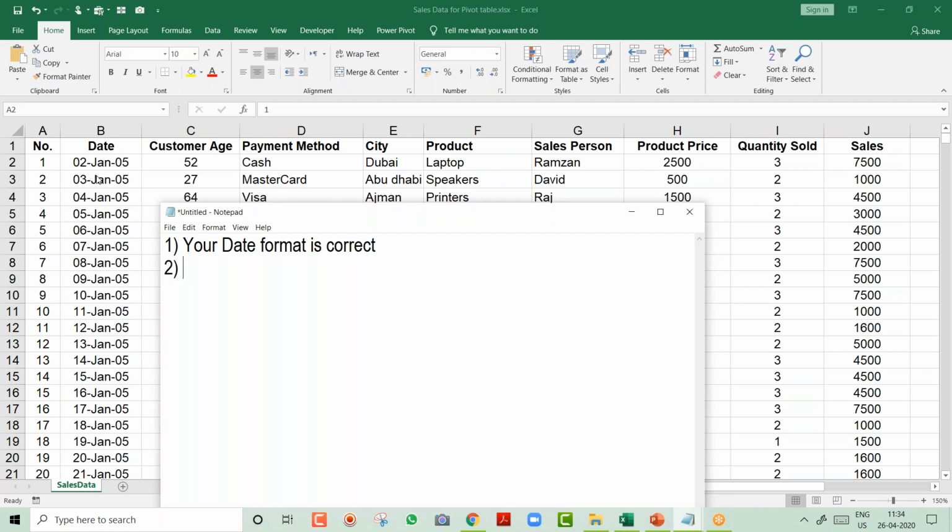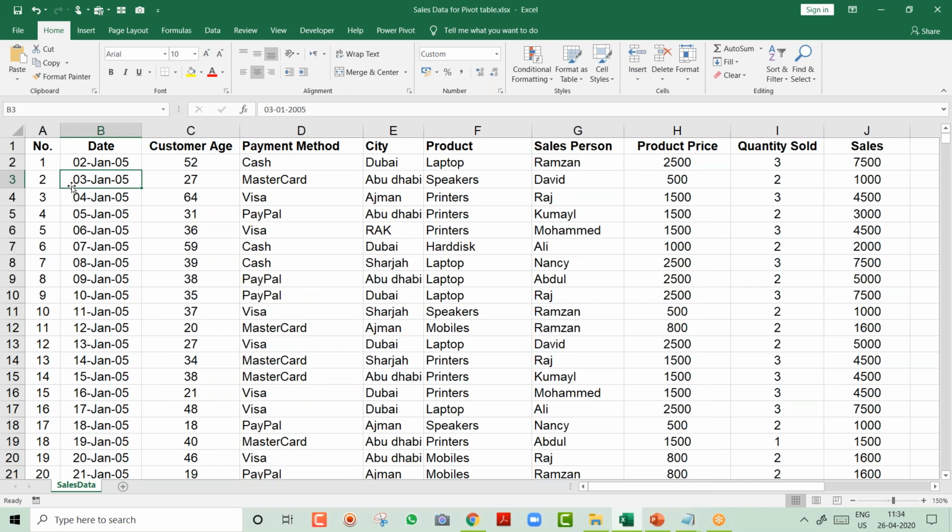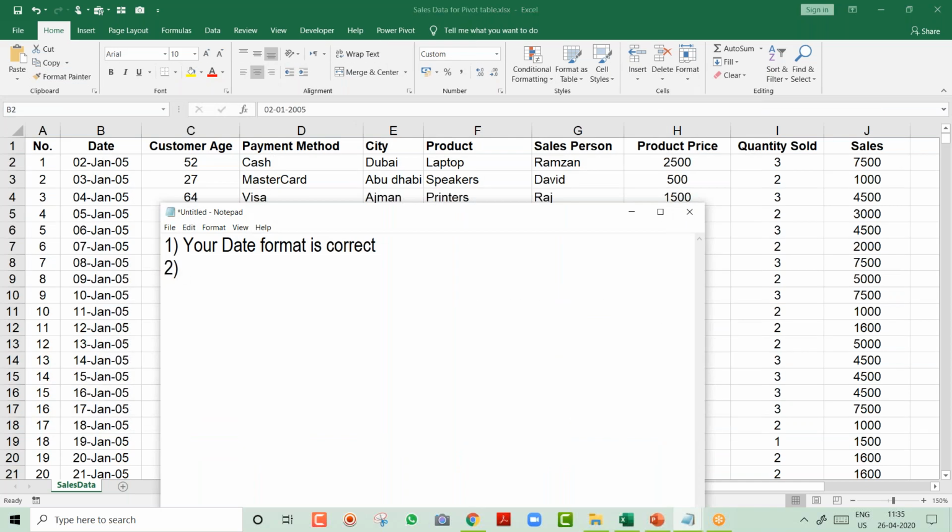If in your database somewhere you have day, month, year, and in another cell you have month, then day, and then year, it will be a problem. Then you will not be able to create yearly, monthly, quarterly reports. Even if your date is in a text format, it will be a problem. So the first thing is you have to clean this database and make the date a correct format.